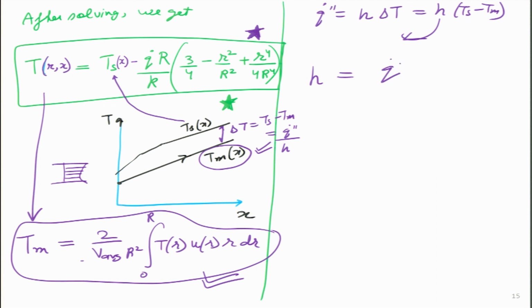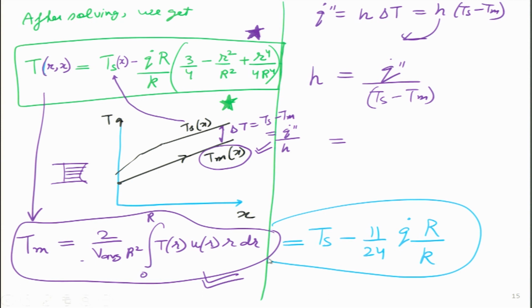Let me go ahead and write. So, H is q double prime divided by Ts minus Tm. And I do that jugglery. It turns out this whole thing is, first I will write the expression for this. This expression is very nice. Just look how simple it turns out to be. It is simply this. So, remember all those long equations that we were trying to solve, this thing has become very simple, isn't it? Tm is equal to Ts minus this thing. Now, can I plug this thing over here? I get q dot this.